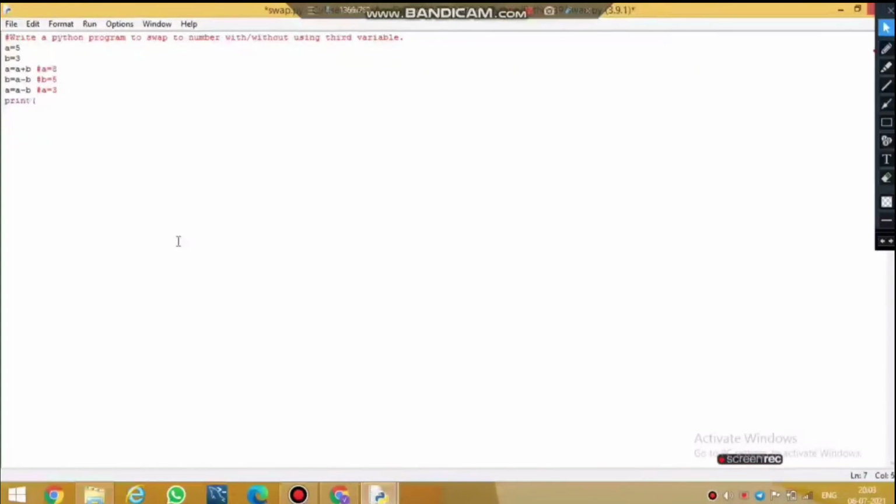Now I will print the value of A is equal to A and print value of B is equal to B. Now let's see whether our program is working or not.